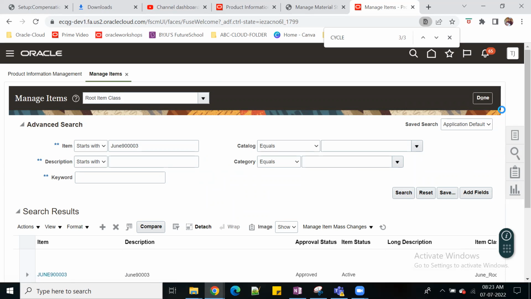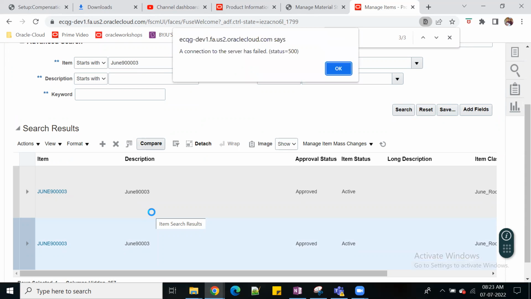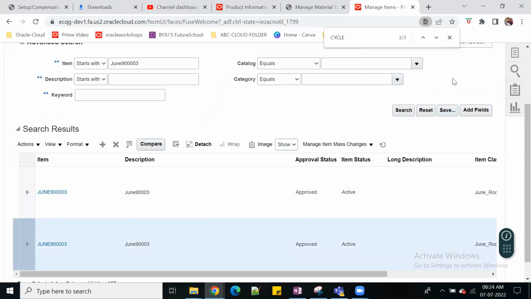Okay, let me show that small topic to you. Here we are seeing the specifications, right? All the specifications we are controlling at the master level. But we got a scenario saying that some of the specifications, like the lot or serial, I want to control at the organization level instead of master. So that kind of things where we are going to set up is